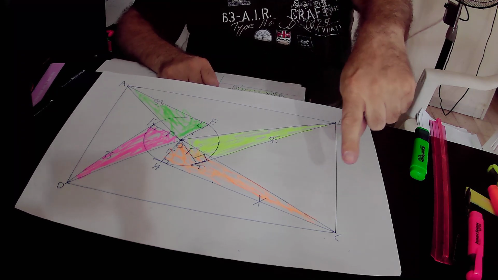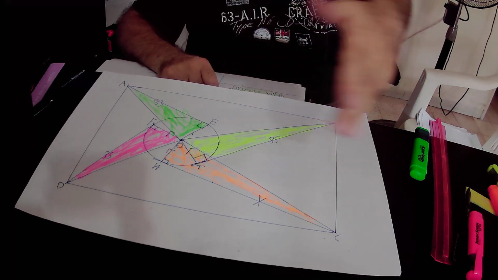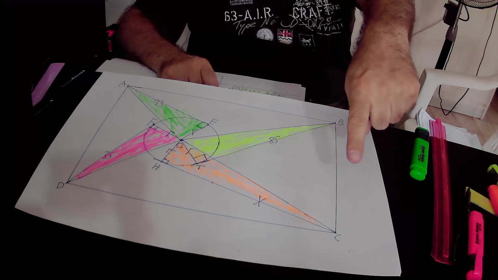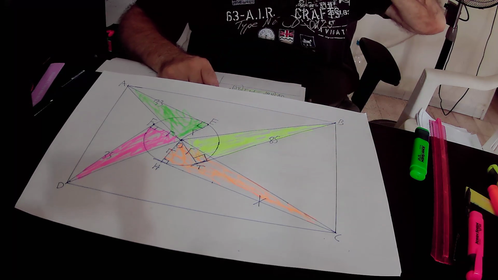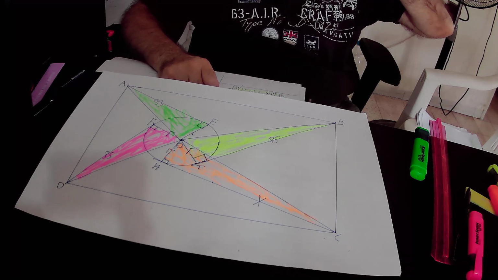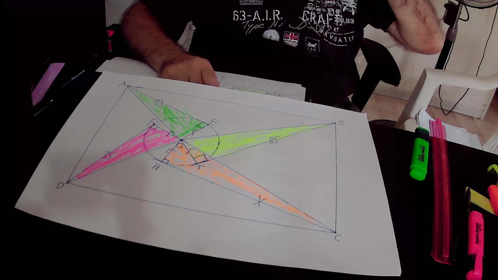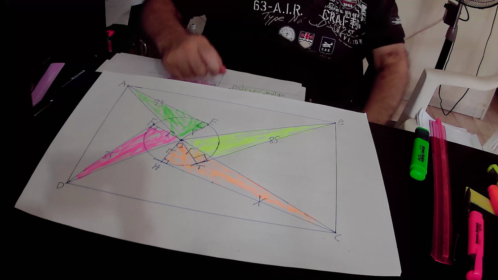Again, our mission is to find out the length of the tangent from point C to this circle, that is to find out the length of line segment CH, that is equal to x according to what is given in the question. So, first of all, we define the center of this circle as O,